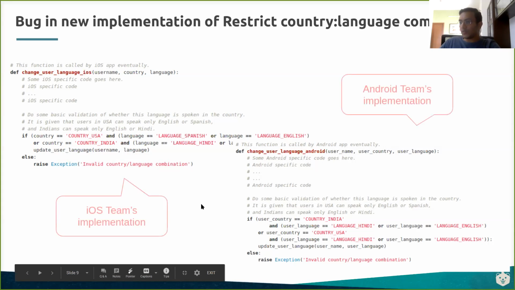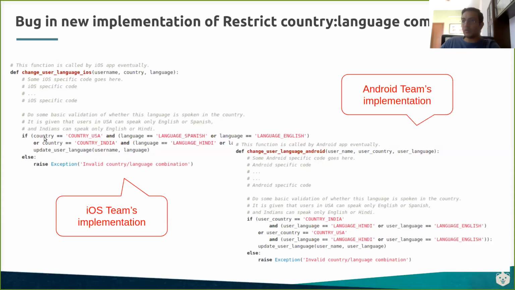Okay. So now there was one implementation like this where the iOS handler was there and the Android handler was there, correct? They said, okay, that requirement has come in, we'll implement that validation. So both of them put in that implementation of validation, right? The iOS handler said, when I update the preference, I'll do this validation. Country USA, it should be Spanish or English. Country India, it should be Hindi or English. And if that is not true, then I raise an exception and say this is not possible. You're not sending me preferences according to the rules, and it goes away. So effectively that change does not get persisted if the validation condition is not met.